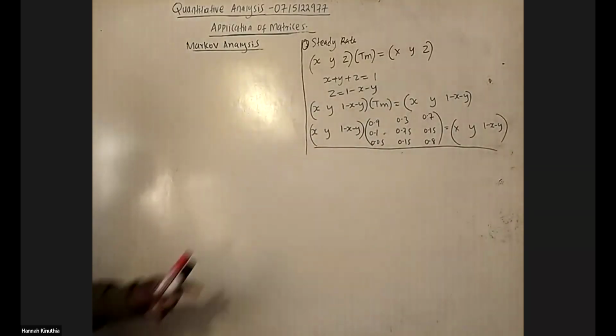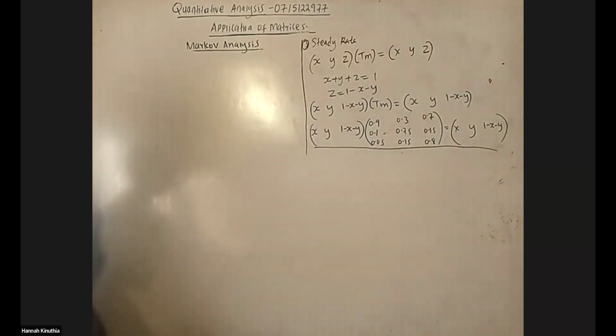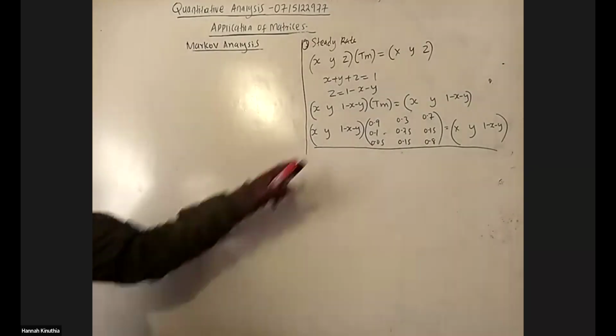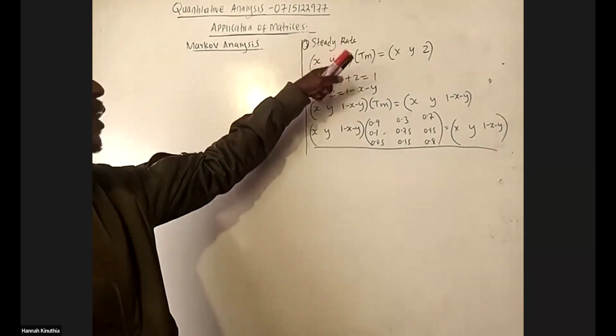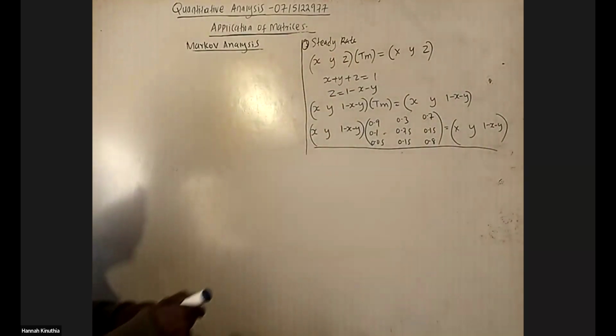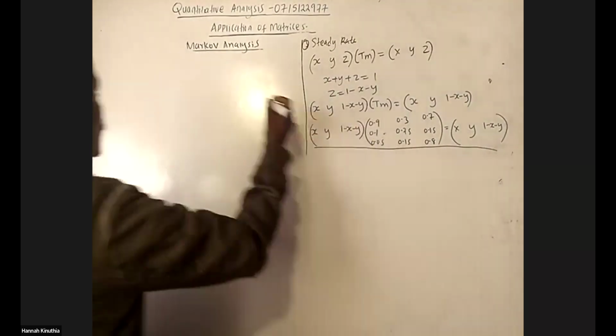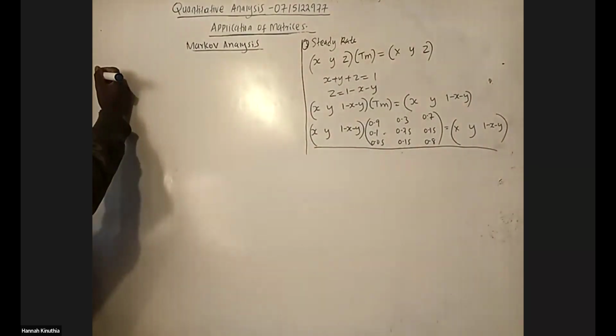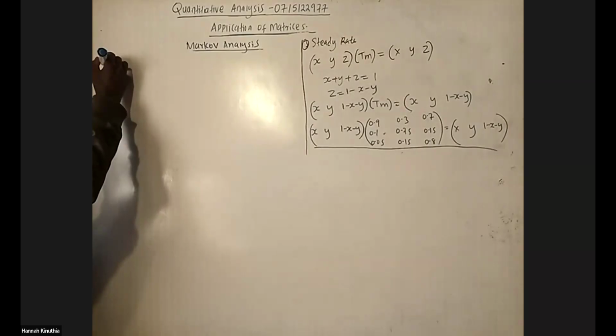So we got here. Let us find the value of x, y, and z. So how do we find the value of x, y, and z? This is how you do it. Now we say x times 0.9. So x times 0.9 is how much? It will be 0.9x